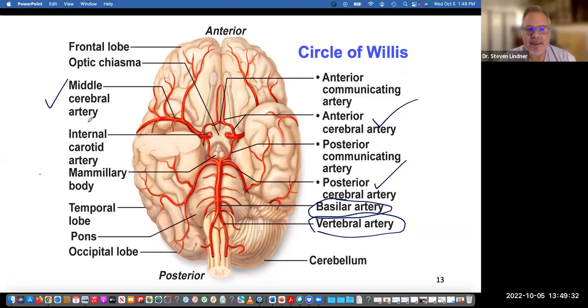Let's not forget about the internal carotid arteries, and then the anterior and posterior communicating. So here's the anterior communicating, and here's the posterior communicating. Okay, that is the circle of Willis. Each of these arteries feeds different centers of the brain that you learned back in neurology. There's a speech center, there's a movement center, there's a sensory cortex, a motor cortex, there's a visual cortex, smell cortex,